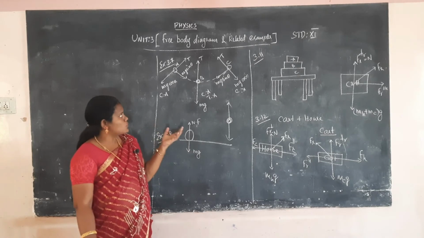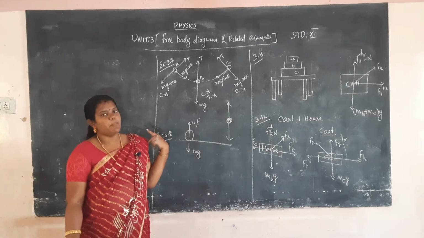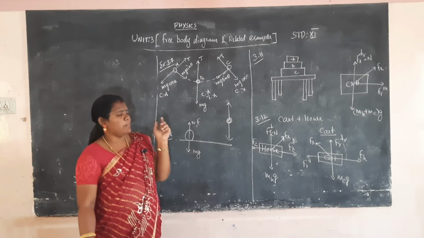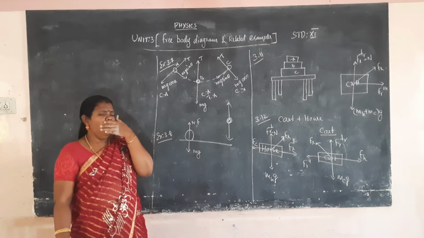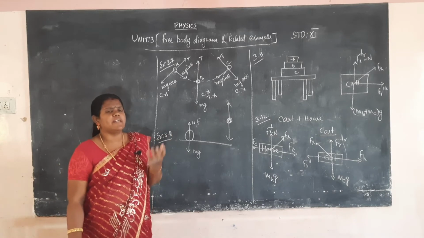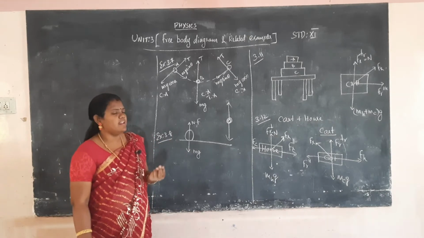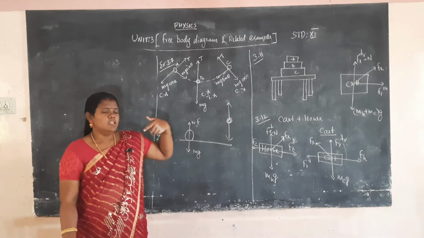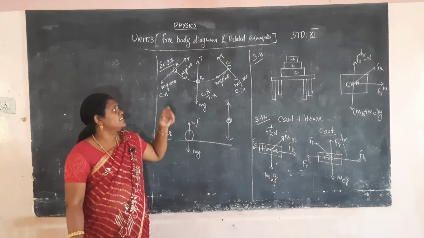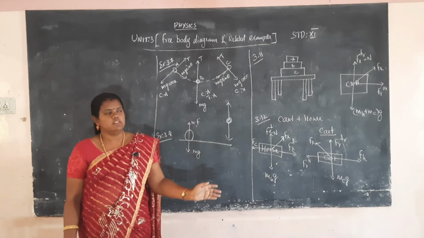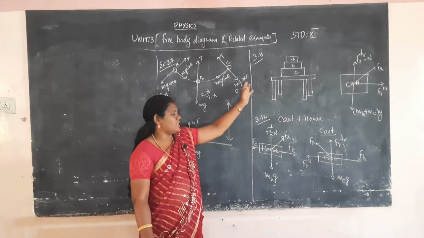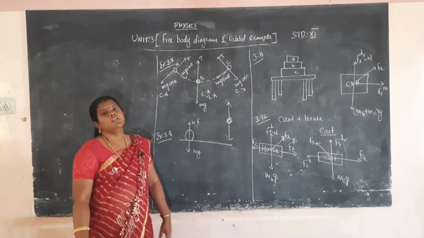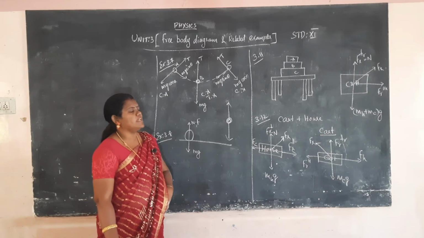At the two sides, points A and C, the weight force that will be acting will be considered as two components, one parallel and one perpendicular. Parallel means the force will be acting along the line of tension. The component acting along the tension line is mg cos theta, and the one perpendicular to the bob is mg sin theta. So in that way the tension T is equal to mg cos theta.